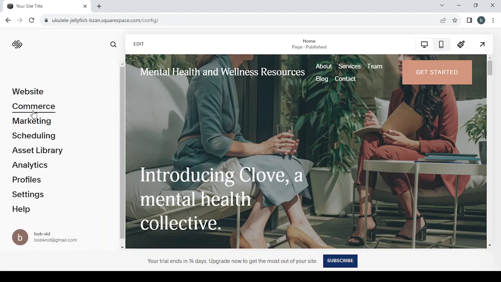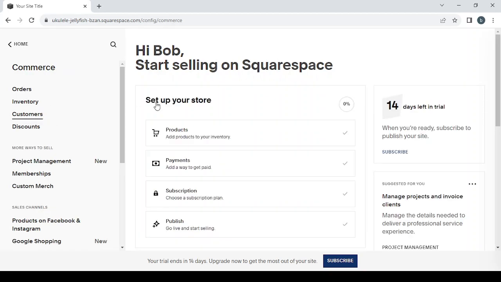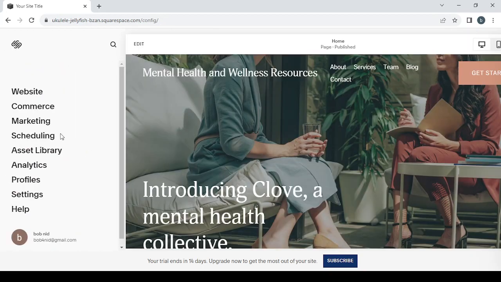Then we have the commerce section. It's where you can manage your orders, your inventory, your customers, your discounts. You can also add products or set up the payments or the ways that you want to get paid, or change the ways that you sell, if you want to sell subscriptions or memberships or project management. Let's go back home and let's proceed to the next step,